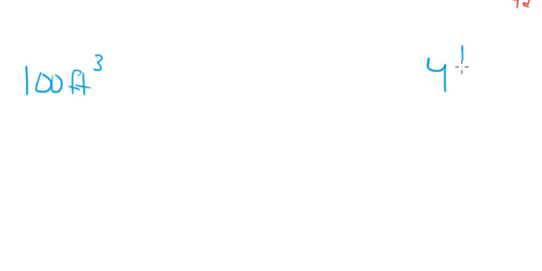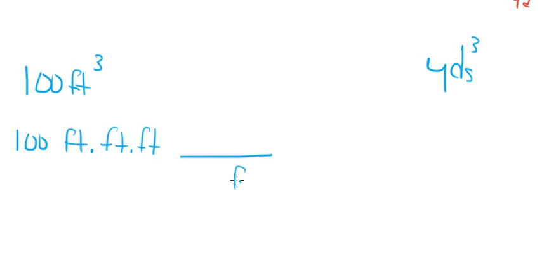And we're trying to find out how many yards. I'm going to put yards over here because we want cubic yards. We want yards cubed. So how do I break this 100 feet cubed down? I'm going to go with the 100. I'm going to put foot times foot times foot to separate the foot cubed this way so I can work with it. Does that make sense? Okay. And now here again, I have to get to yards. It just so happens that I know of a relationship between feet and yards, right? We already said that 3 feet equals 1 yard. So if I do that, I get rid of this foot, gets rid of that foot over there, right?